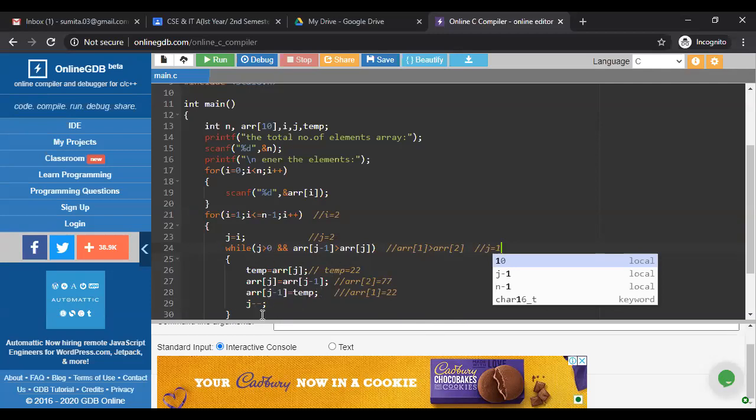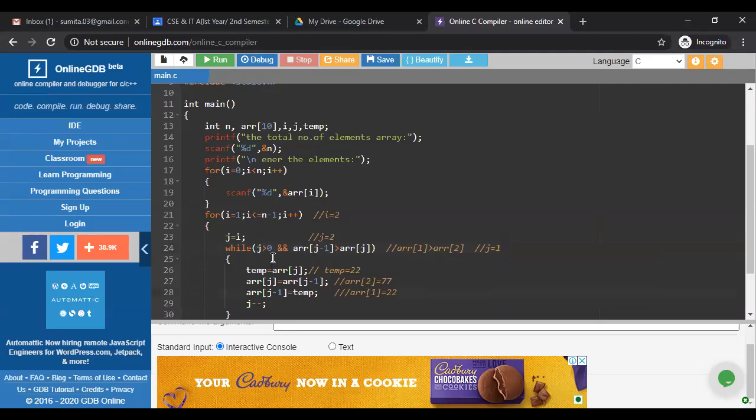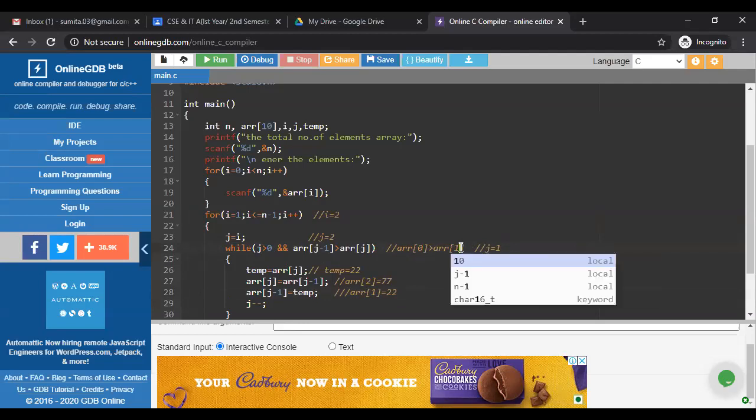Now J minus minus, again one more time, the loop is executed for the second comparison. So where the J value is 1, J value is 1. So 1 greater than 0, no problem. This is true. Now move on to this place. Again, 1 minus 1. So ARR 0. This place is 0 and this place is 1. So ARR 0 is obviously greater than ARR 1 because after swapping,